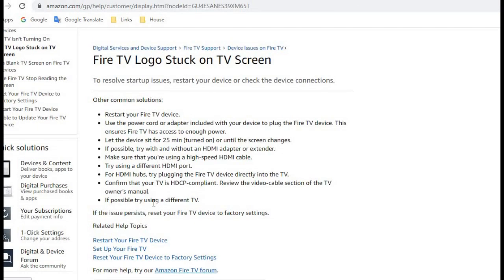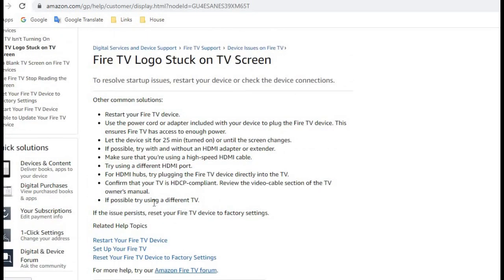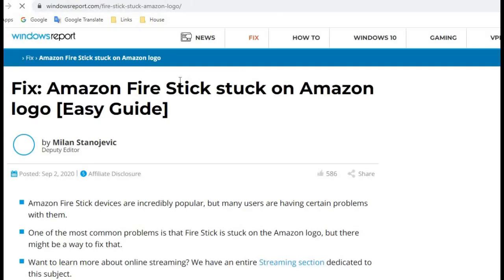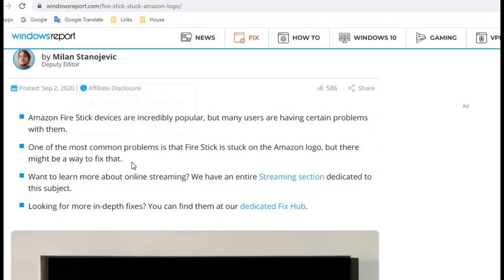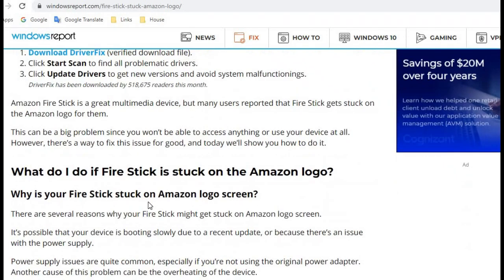What you are looking for here is how you reset your Fire TV to factory settings. You can do it with remote and without remote as well, but the shortest possible approach which I found here is that press the back button and the right button of your remote, and then you can reset it. This is the website where I found the approach, and there was another video where I saw the same approach.